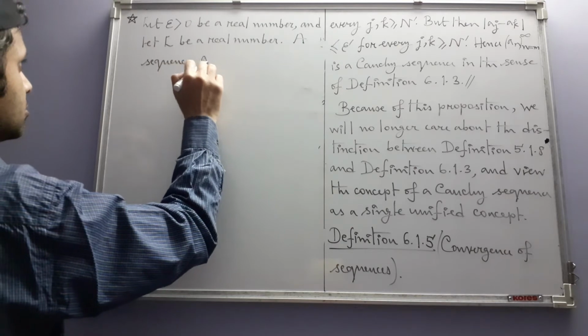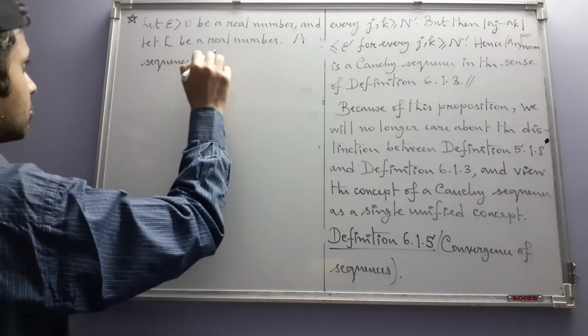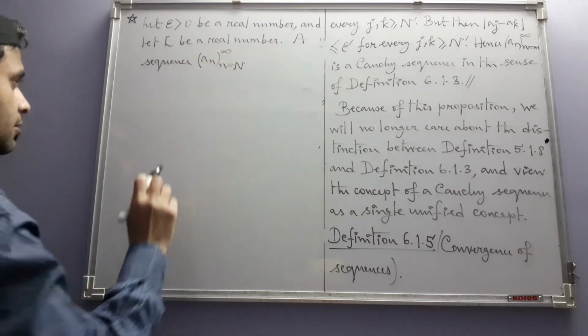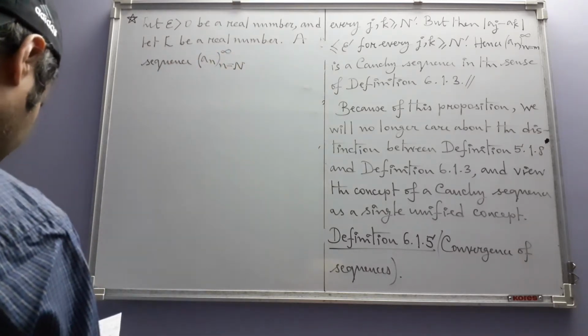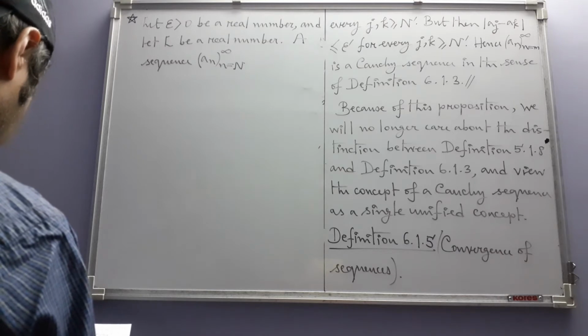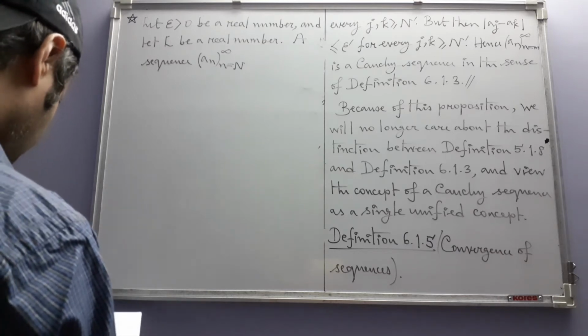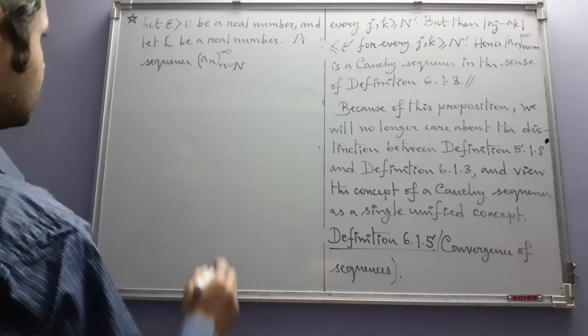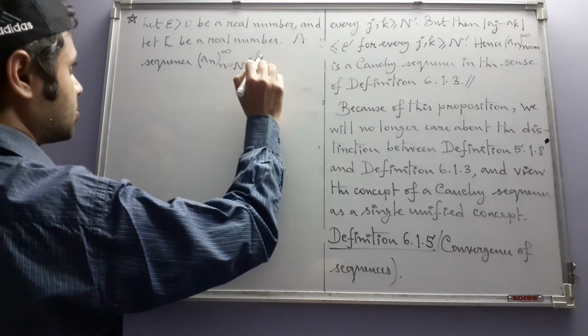A sequence a_n, where the index is starting from n. Here, however, Tau has not written those things. Just simply a sequence of real numbers